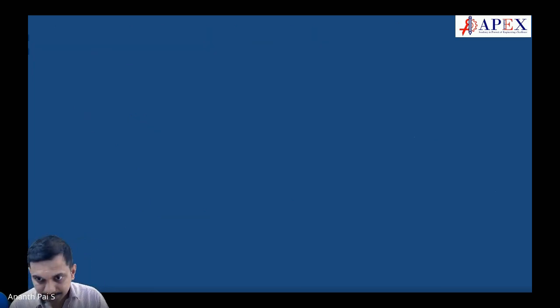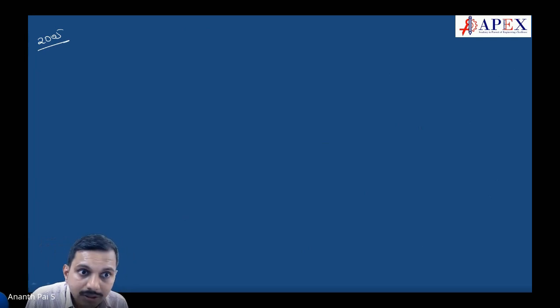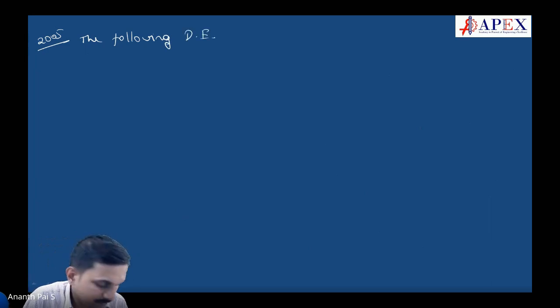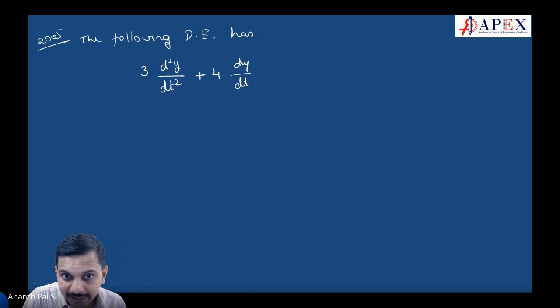Done. Next. Another point here. Once that is done, this is another question which has come in 2005. Okay. Let us do that. The following differential equation has, okay, the differential equation is 3 into d square y by dt square